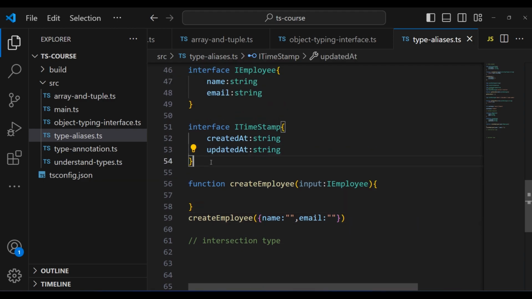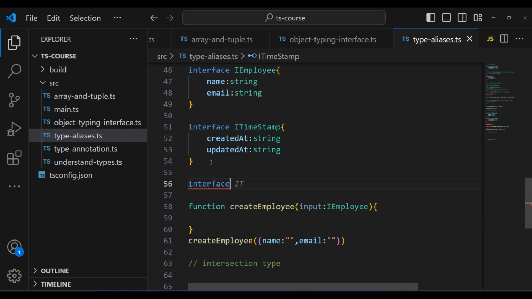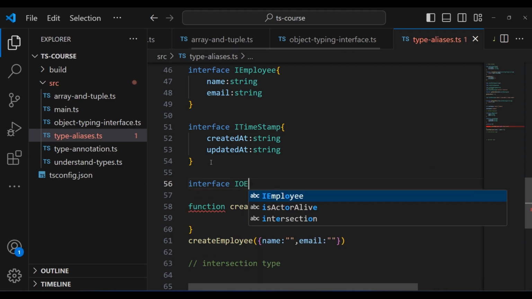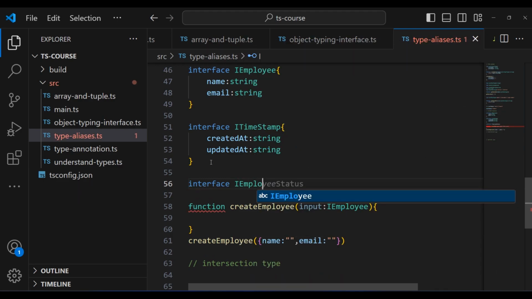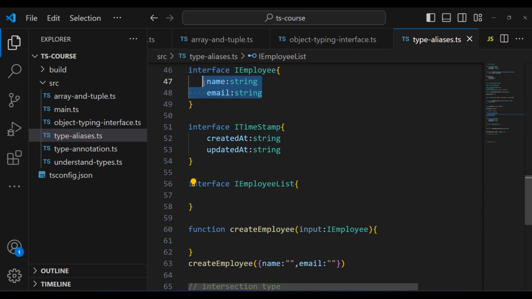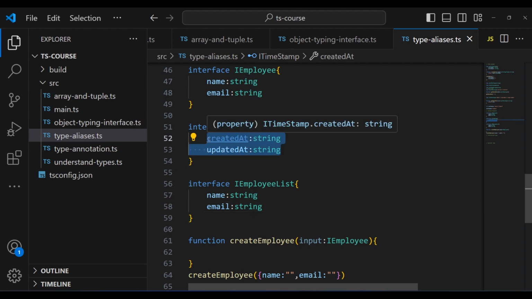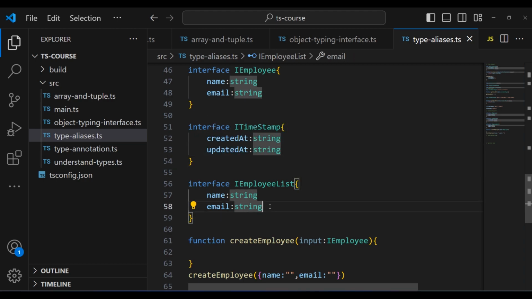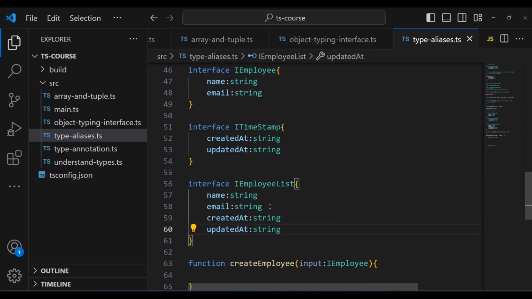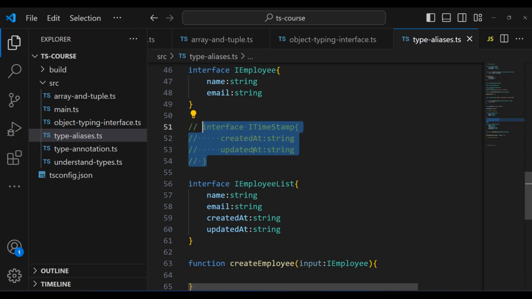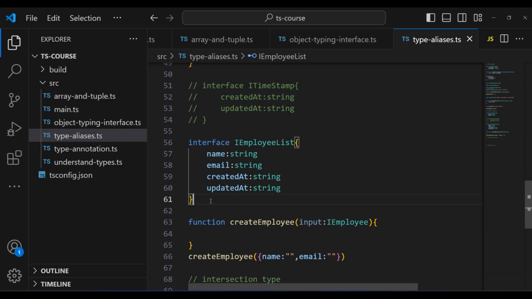Let's say interface IEmployeeList, and it is going to have the name and email, but also two fields that are going to be returned from our database. Let's say right now it doesn't have this interface, and you can see right here, guys, if we create a function,